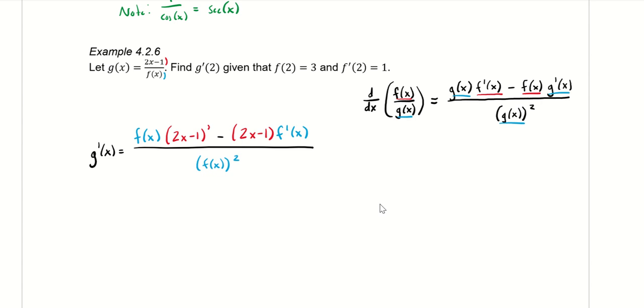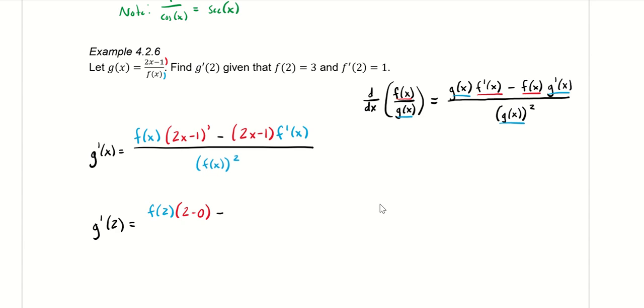Now I have information about f of x and f prime of x at 2. So I'm actually going to go ahead and start looking at this at 2. So this is going to be f of 2 times, well, what's the derivative of this thing? This is 2x minus 1. I'm not going to plug in my 2 yet. This is just the derivative of 2x minus 1. The derivative of minus 1 is 0. Derivative of 2x is 2. So 2 minus 0